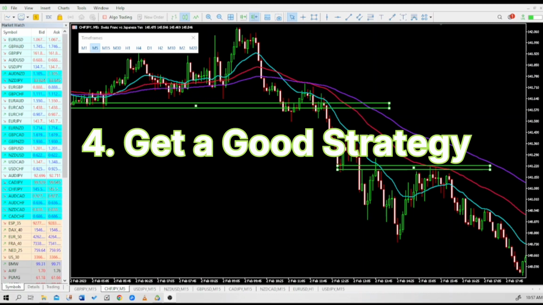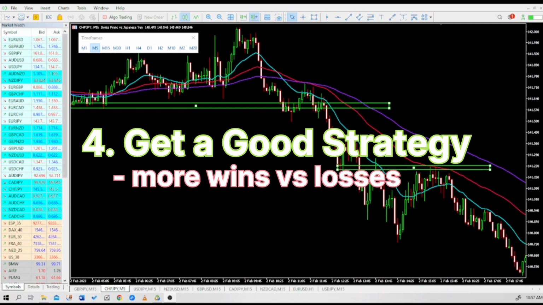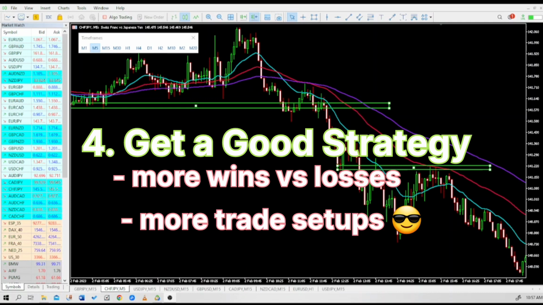The next thing to do is to get a very good strategy, because no matter how much your capital is, if you have $20, $10,000, or $50,000, and you still don't have a good strategy, then you're going to have a lot of losing streaks, guys. So make sure that you get a very good trading strategy. What is a good trading strategy? A good trading strategy is a strategy that gives you more wins and a good risk reward. Moreover, a good trading strategy is a strategy that gives you more trades,